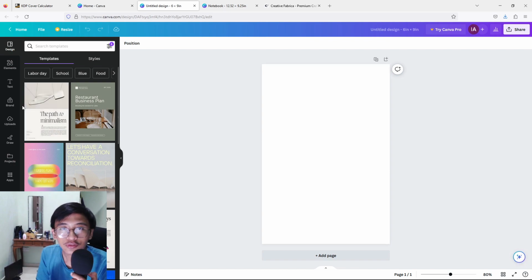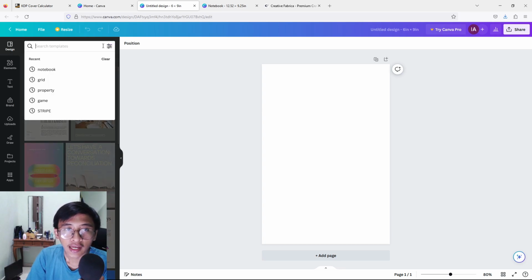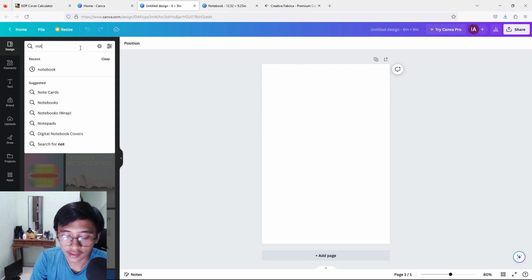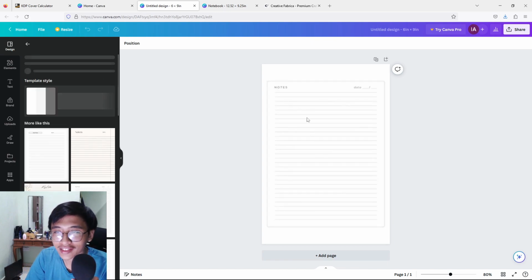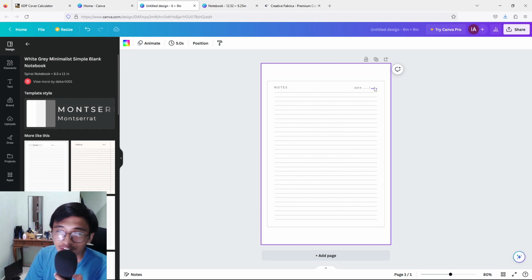So what we have to do to create a design, there are so many ways. The first way would be for your notebook to be a blank page, okay? Because some notebooks have only a blank page, but if you guys want to spice it up a little bit, just go to designs right here and then search template, just type in notebook, okay? And surprise, surprise, Canva has provided so many templates that you can use. You don't have to create anything, you just have to duplicate this page, duplicate until you have around 120 pages,